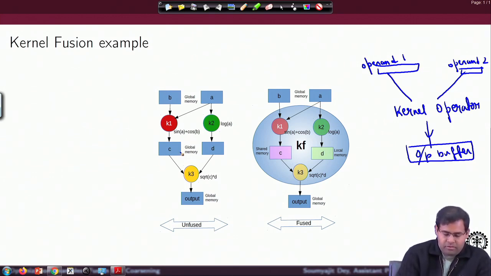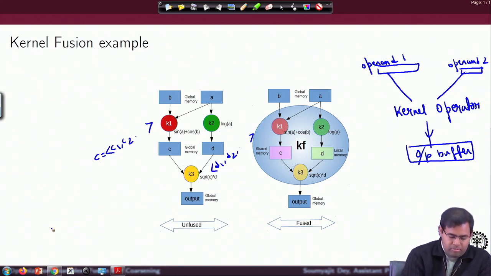So, let us say C is containing the values like that, and this is containing the values like that.